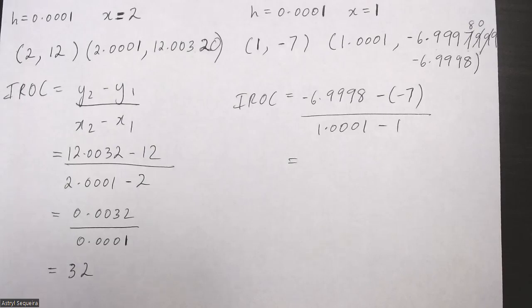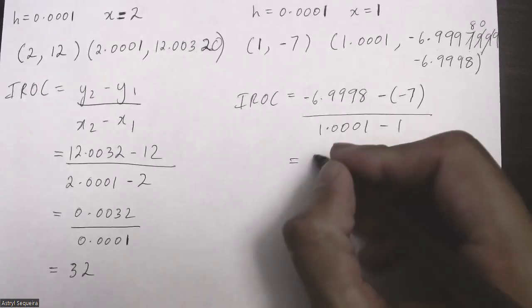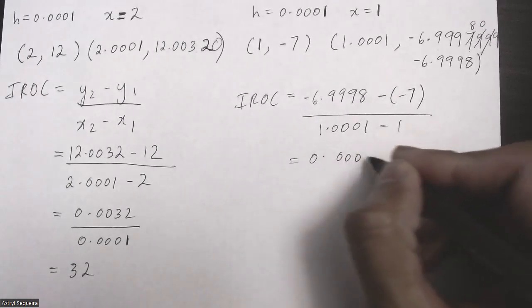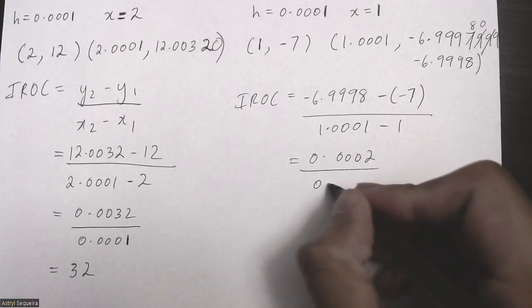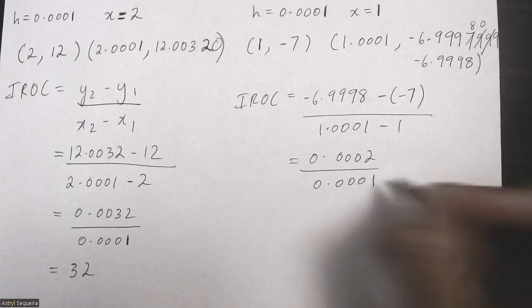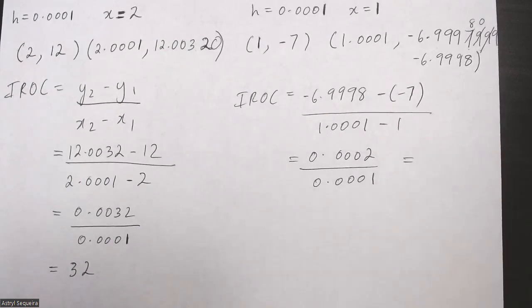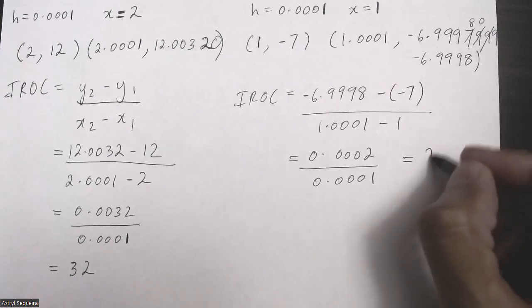That's 2 times 10 to the power of negative 4, which is basically 0.0002. Bottom is 0.0001, and then if we divide these, we should get 2. Again, I'll double check it in the calculator. Yep, final answer is just